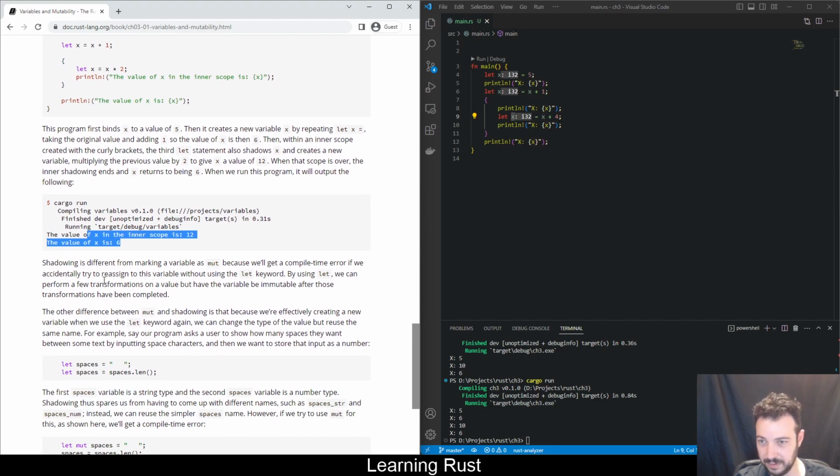Shadowing is different from marking a variable as immutable because we'll get a compile time error if we accidentally try to reassign to this variable without using the let keyword. By using let, we can perform a few transformations on a value but have the variable be immutable after those transformations have been completed. This is an interesting take. Yeah, that means I can still change this variable and keep it immutable,